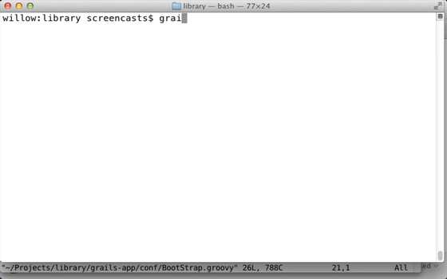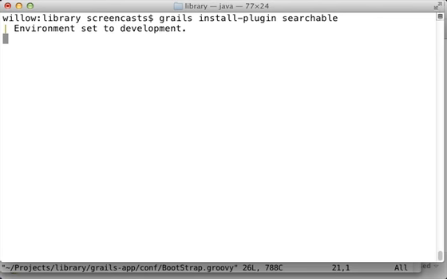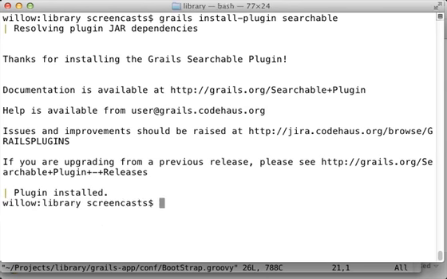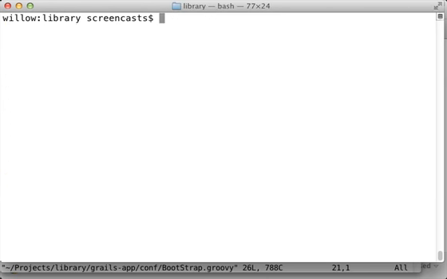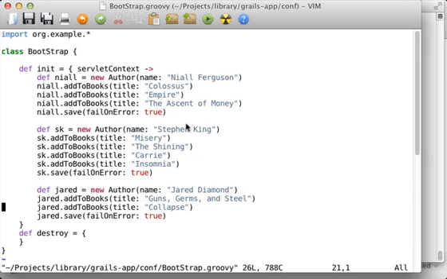The plugin system provides a powerful mechanism to enhance your application cheaply. For example, adding full-text search only requires the Searchable plugin. With some sample data set up on server startup,